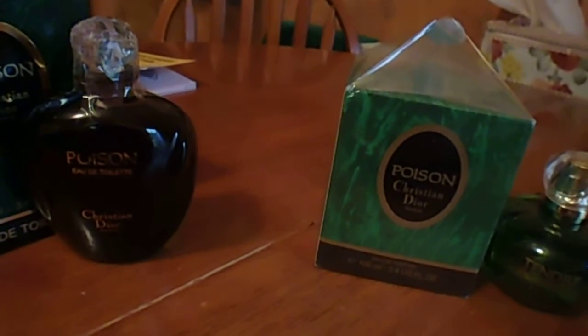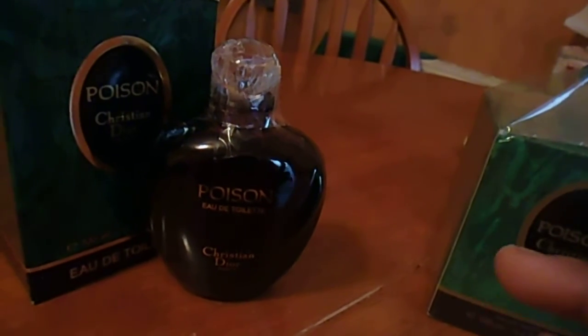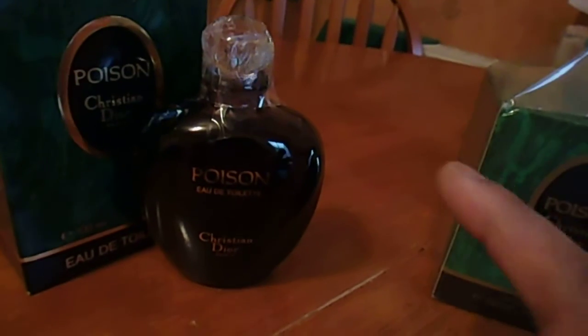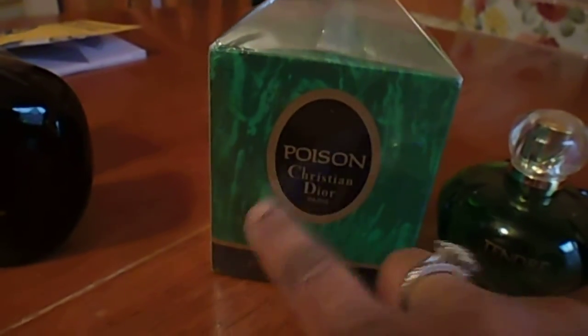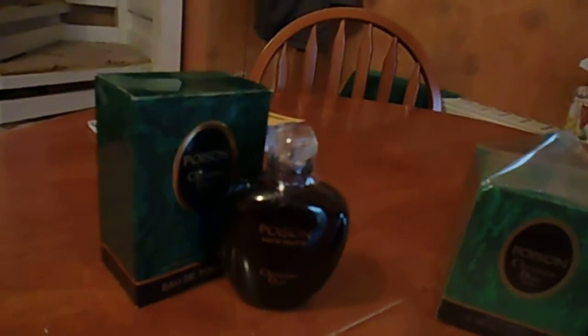As for eBay auction sites, well, this one I purchased from ebay.com and this was from eBay UK. So regardless, wherever you're purchasing any vintage Dior perfumes, please make sure that you ask the seller to send you the batch code and the images of the box and the perfume bottle. If it's a sealed box, then you can tell from the look of the box in the photos and images that are listed, and plus it should come with a batch code which is printed on the cellophane, so that will actually tell you the year it was manufactured. So as you can see, this counterfeit doesn't have any. And also make sure that whoever you're purchasing the vintage perfume from, that they have 100% feedback,